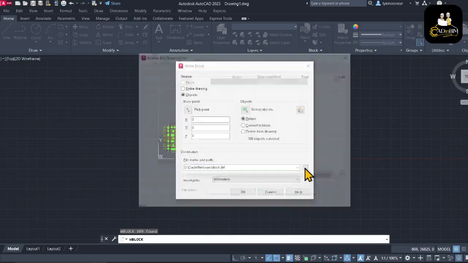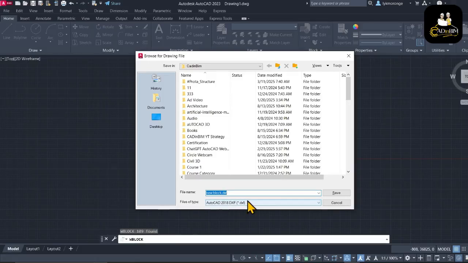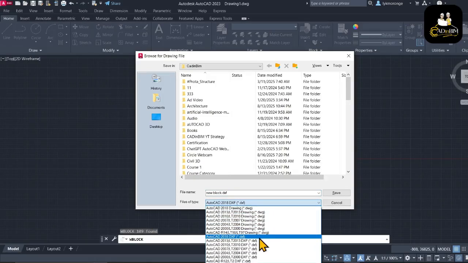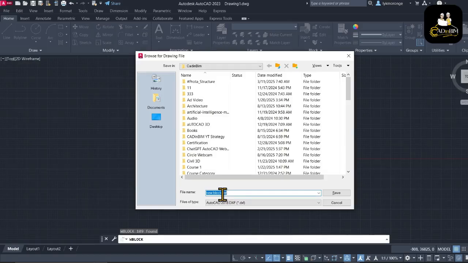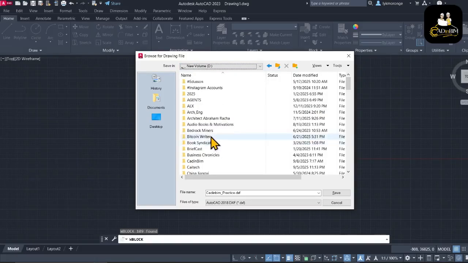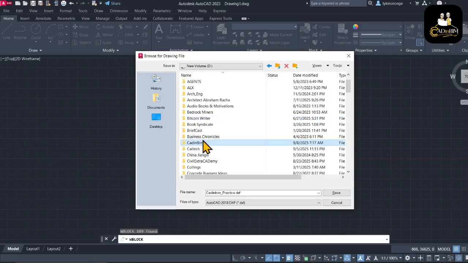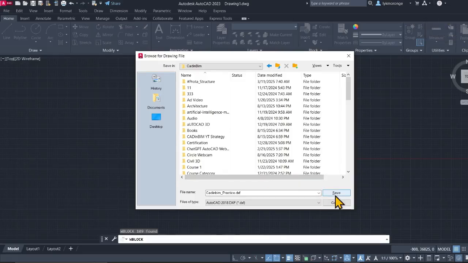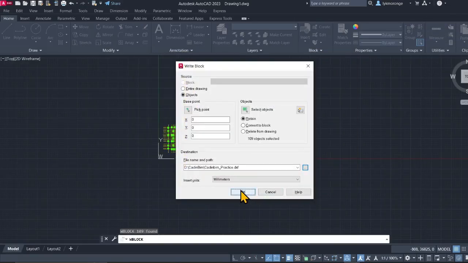you can come here and choose, in case your file type is not in DXF format, you can just choose it here. But mine, I can see it is by default a DXF format. And then now you can just write here CADinBIM practice. Then you can choose to save it maybe on downloads. Just come to D. Under D, let me just save it here. Click